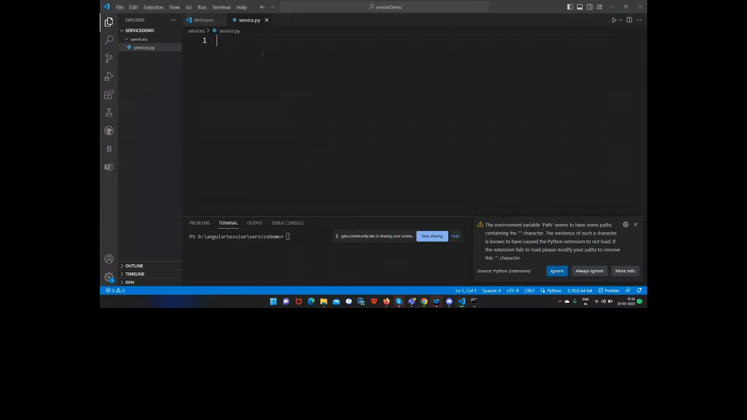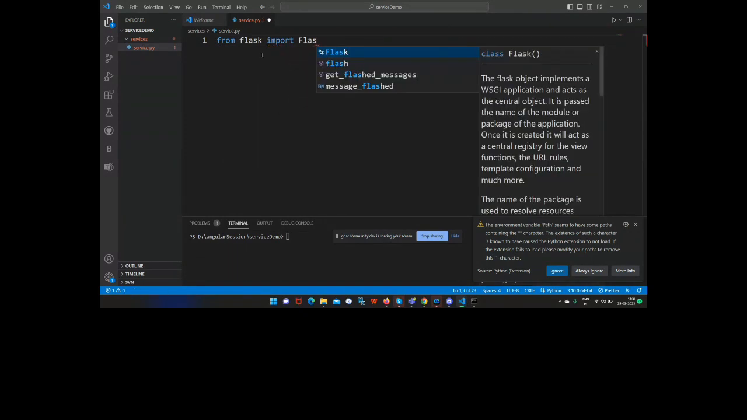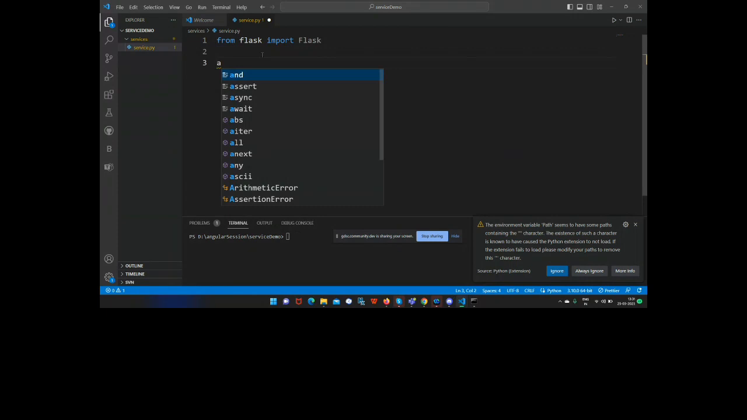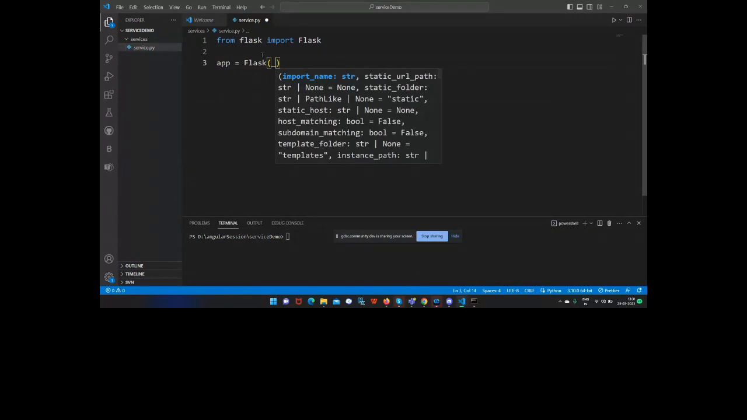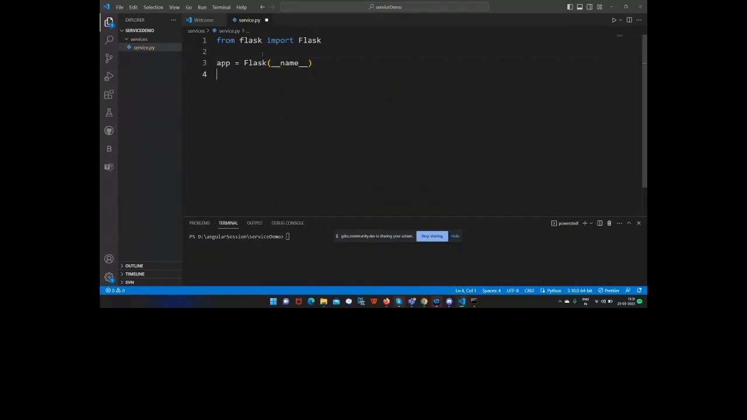Okay, I'll do from Flask import Flask. After this, app is assigned to Flask of __name__, followed by app.route, and it would be /post values,